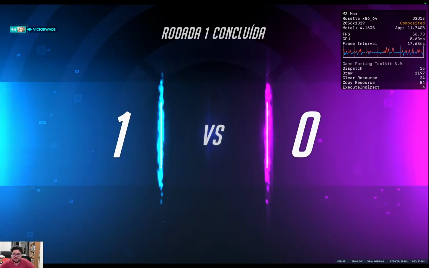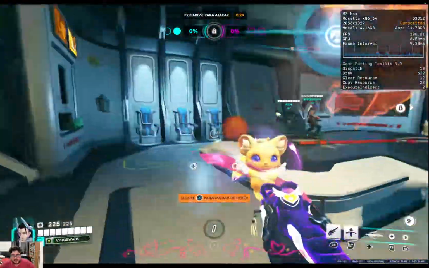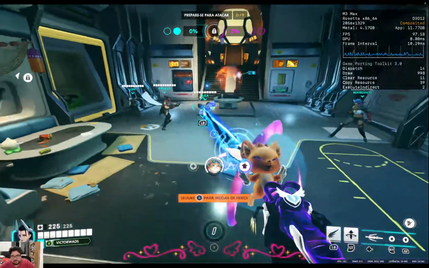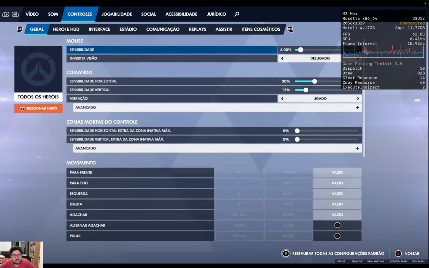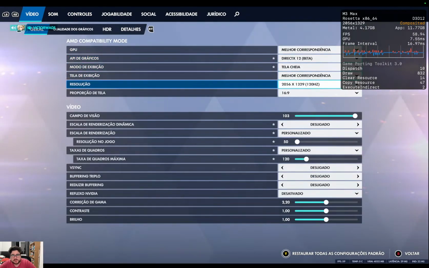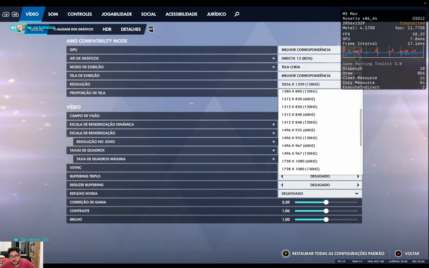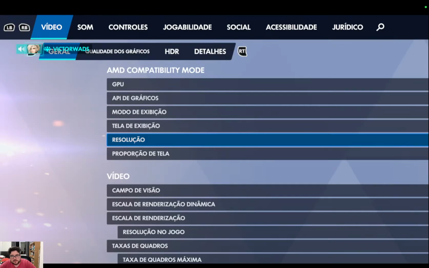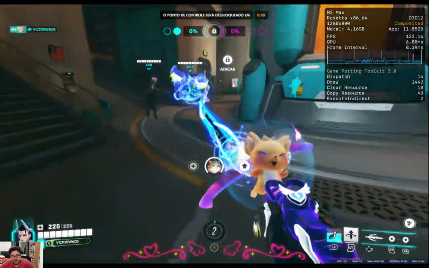It's sad that we need to play in the lowest preset on the M3 Max. But we need to remember that we are playing in the highest resolution. I can make it really worse and get more FPS. Let's try this resolution. It's really ugly. But okay, we have